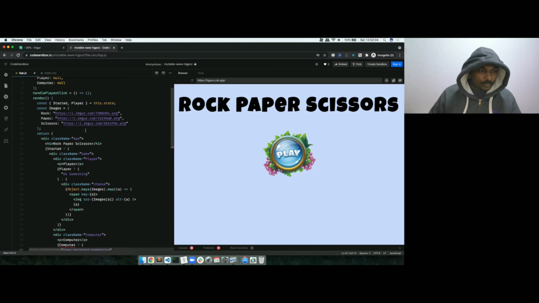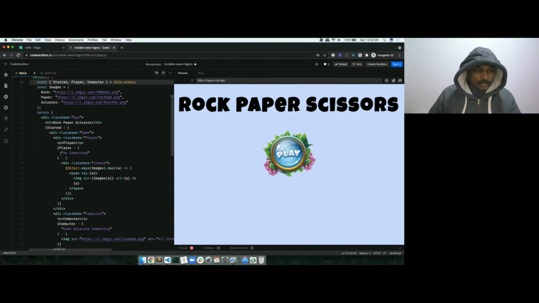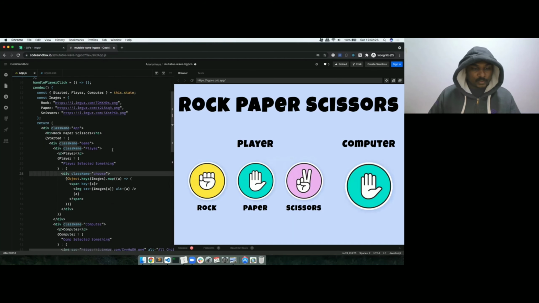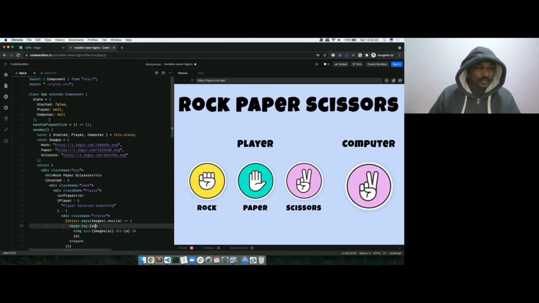So where is computer coming from? After the player, we have to put it from the state again. Player selected something. So let's see what exactly is happening here. The moment I click on this, it is going to show me these two things, right? If I click on rock or paper or scissors, it needs to store that particular thing. So before that, let's also try to see what is actually being given in the